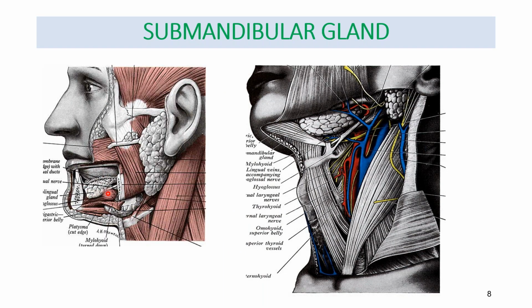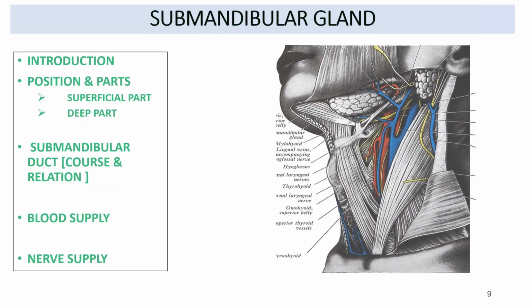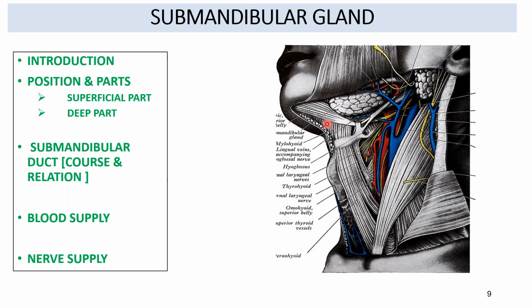In this picture, we can see the various salivary glands. You have done the parotid gland. Now we'll be doing the submandibular gland in the submandibular region. It is situated in the submandibular fossa, extends a little below the lower margin of the mandible, so it will be seen like this between the anterior and posterior belly of the digastric muscle. We'll first do the structure present in the submandibular region, that is the submandibular gland. We'll learn about its location, its parts, and its duct, the submandibular duct, with its blood supply and nerve supply.